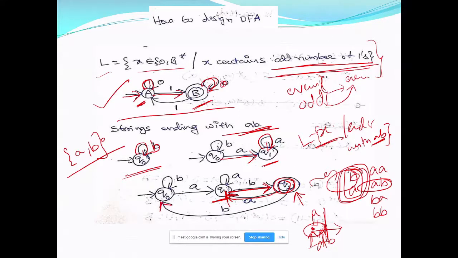That means you are in Q0, so once again you have to check for A and then check for B. So this is how this DFA is designed. There may be different DFAs, different people will draw different DFAs, but the only thing is it has to accept the strings ending with AB. Then we will say it is correct, otherwise it's going to be wrong.